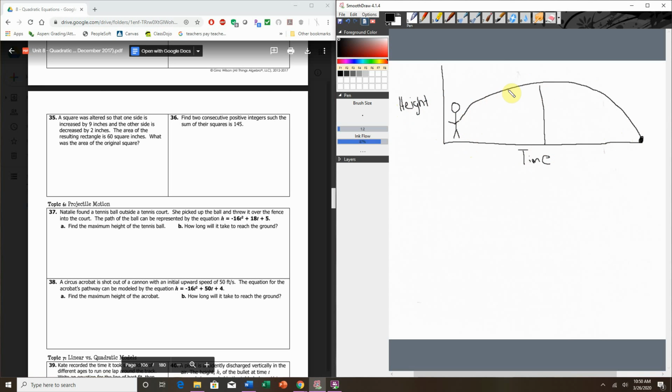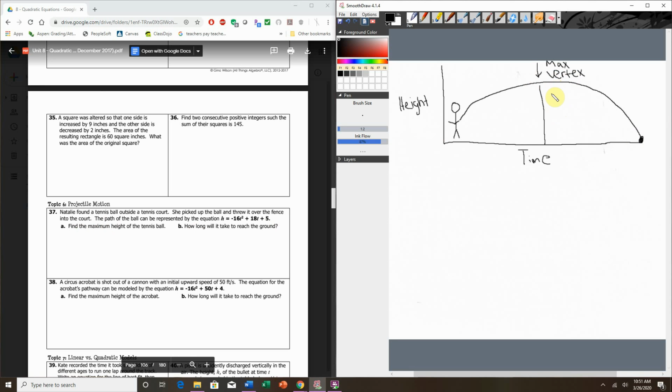Then she's throwing her ball, and it's going to reach some maximum height. So we say our maximum height is here. And if you remember, when we talk about parabolas or quadratics, when it forms this U shape, our max height or our min height is also called the vertex. So this vertex is going to be our maximum height in this scenario, not our minimum height, because the ball is going up in the air. And then we know at some point it's going to hit the ground. So looking at part A, we have to find the maximum height,